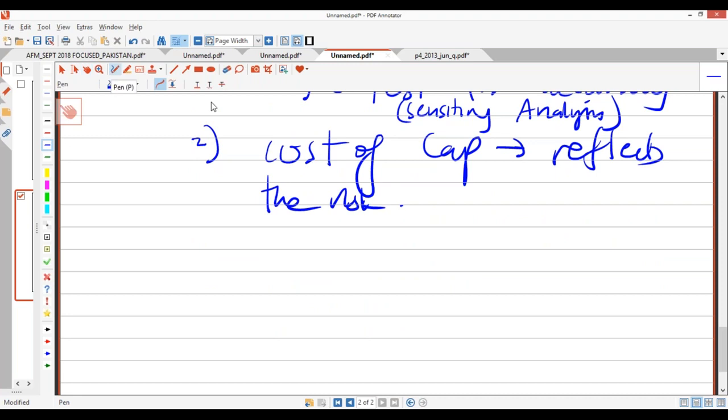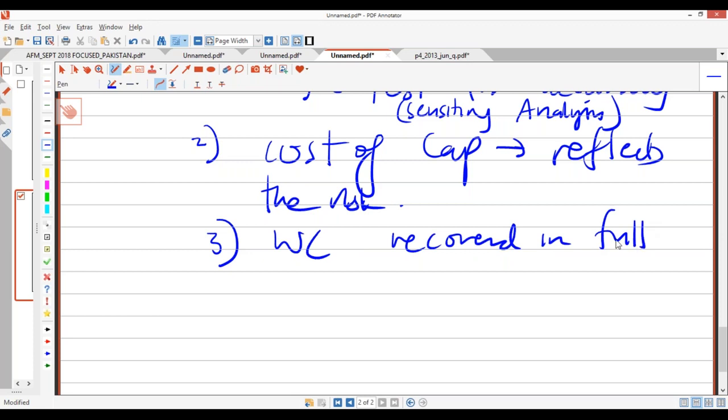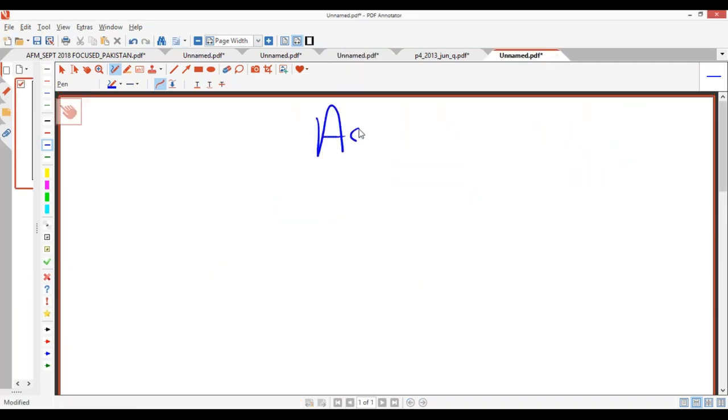We're going to talk about general assumptions: working capital will be recovered in full. Full sentences, okay? Make sure it's full sentences. I would write many assumptions here because I know all this. Let me tell you one more time: these assumptions you must remember. Just write them on a piece of paper and memorize them before your exams.